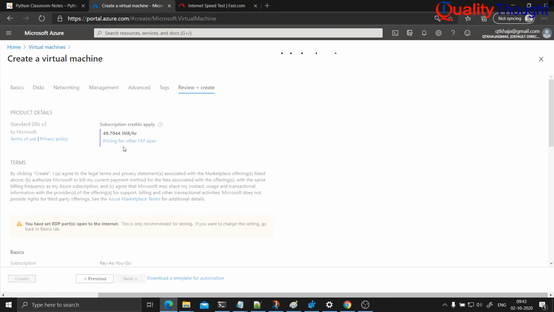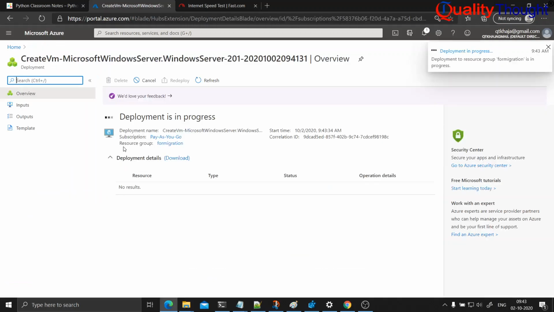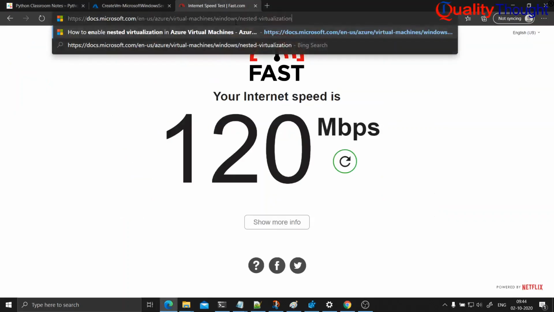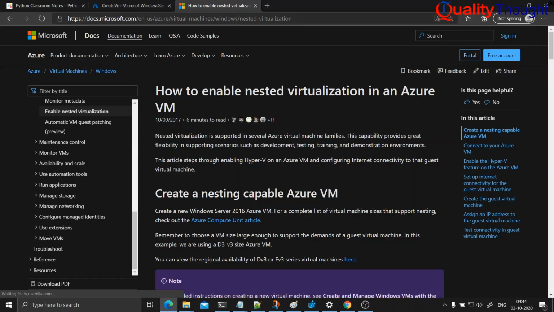This machine will cost you approximately 50 rupees every hour. On this machine, I'll be enabling nested virtualization by following the documentation over here.